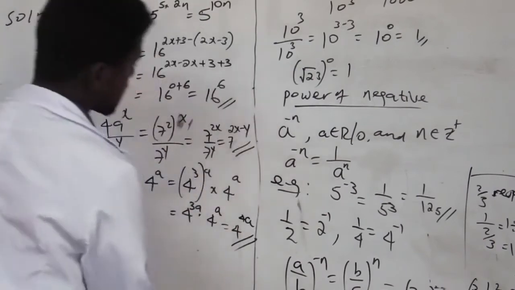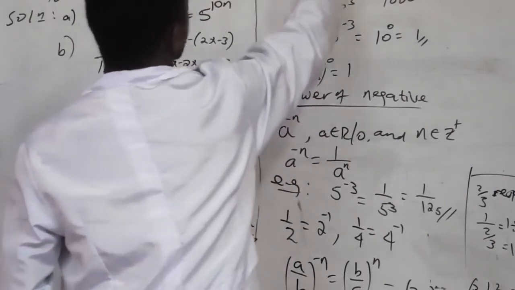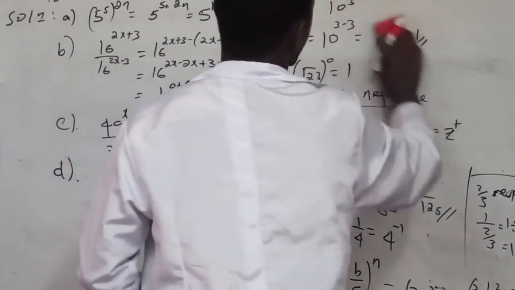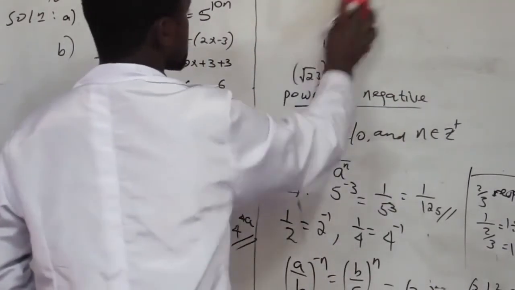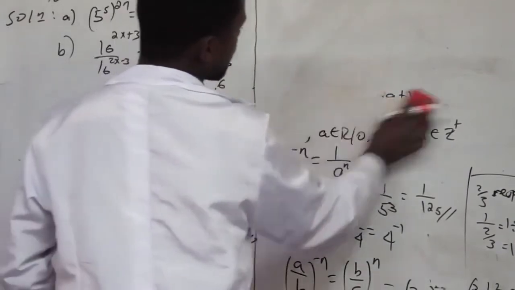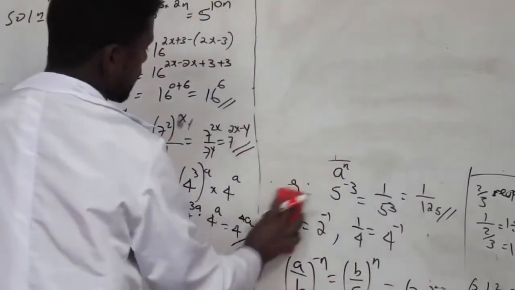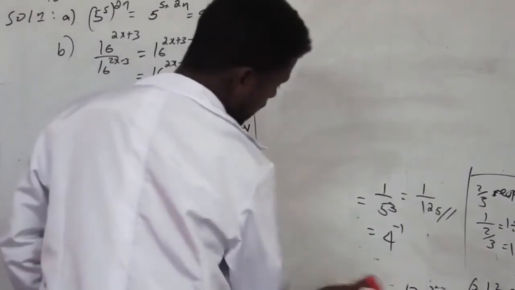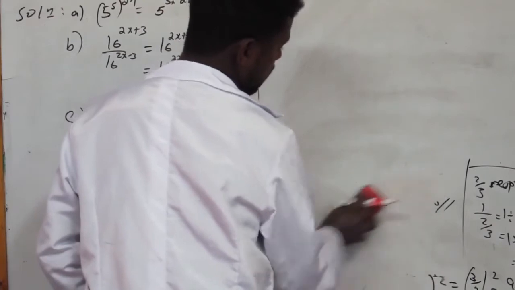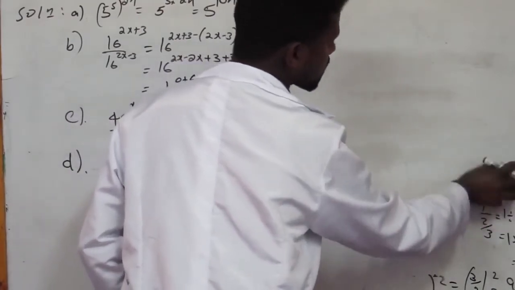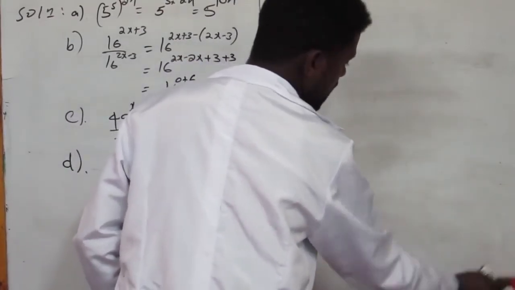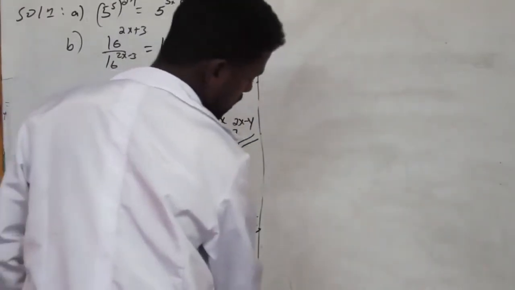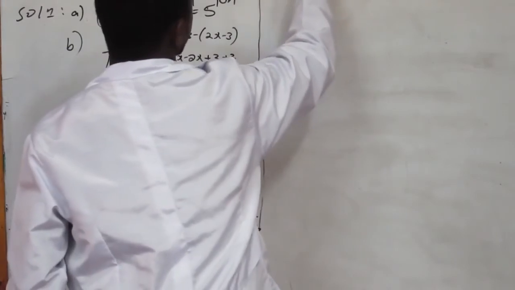Let me see the other types of powers, which is rational exponents. Rational exponents, and you know that a rational number can be written in the form of a fraction, or when we change it to a decimal, that decimal may be either a terminating decimal or a repeating decimal. If it is neither of these, it cannot be rational. Instead, we call it an irrational number. So rational